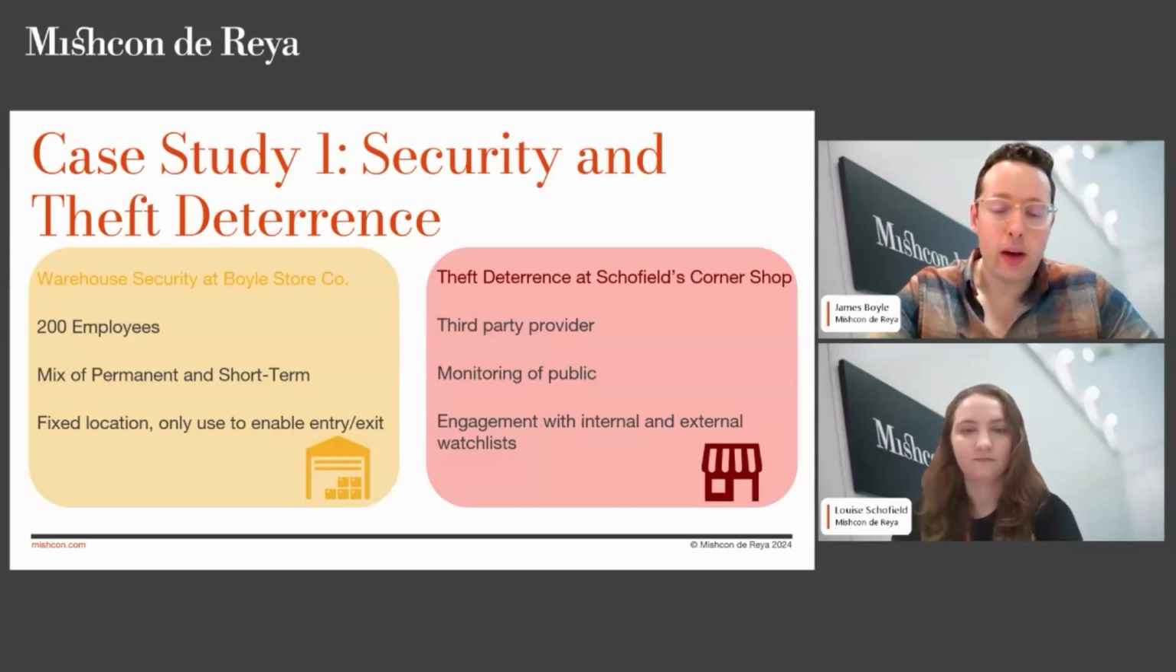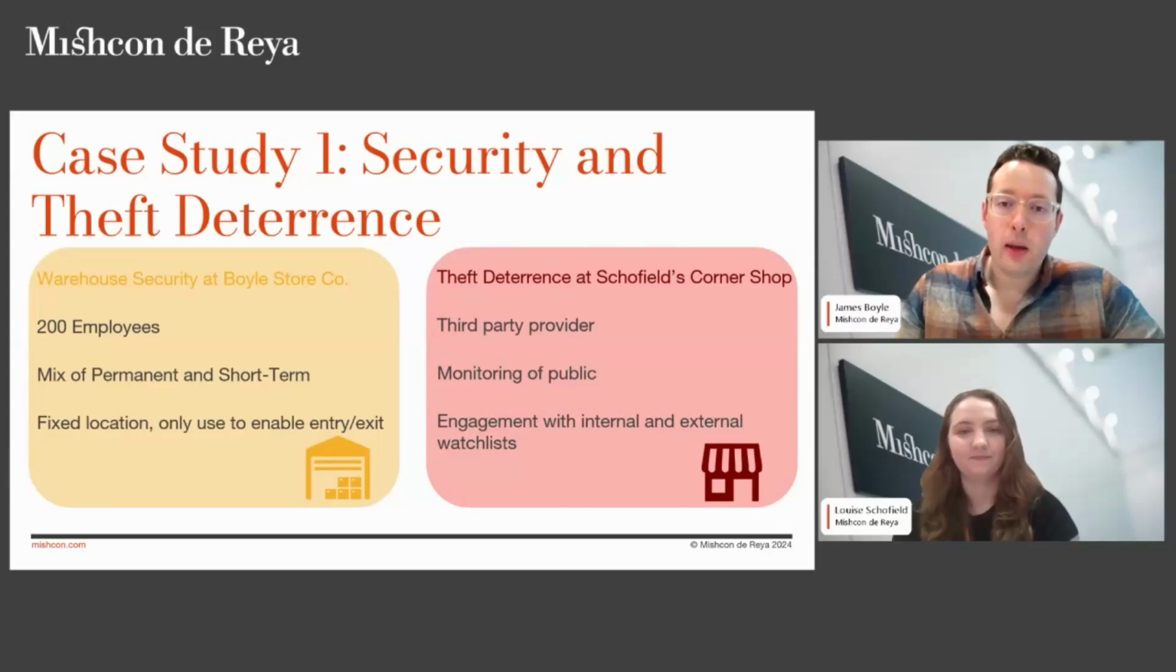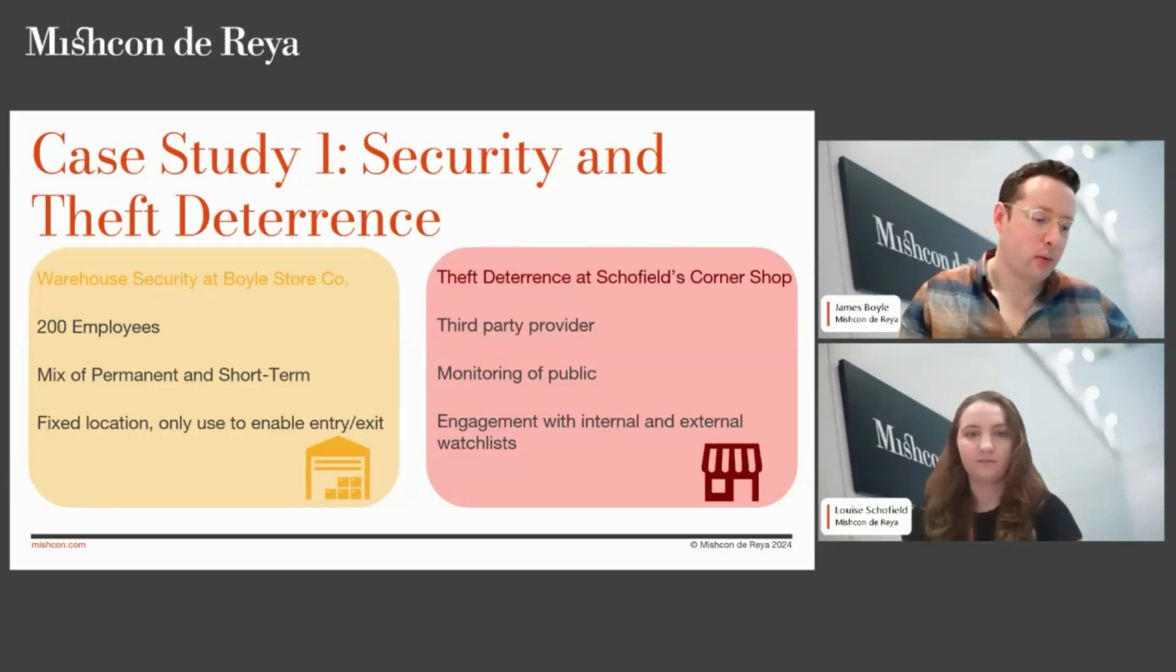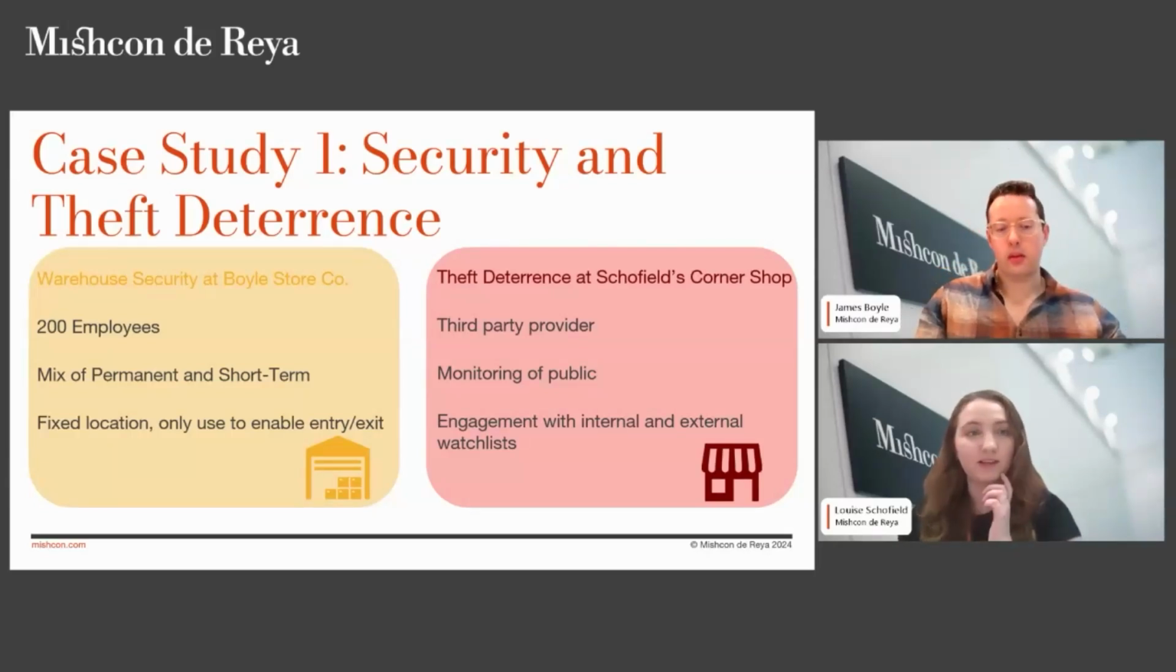We also, as part of this case study, are looking at theft deterrence, so an implementation of facial recognition to help look at, is a person coming into Schofield's corner shop someone who's stolen from that shop before. It's powered by a third-party provider, will involve monitoring the public, as well as engagement with internal and external watch lists. And one thing to note about the watch list before we move on is that the ICO addresses the